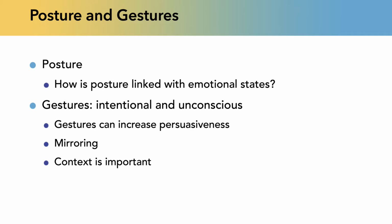Okay. If we use gestures well, that can increase persuasiveness. If you increase your hand movements, if you lean forward, if you keep your body posture open, people will think, wow, really open, and you will be more persuasive. I think this is